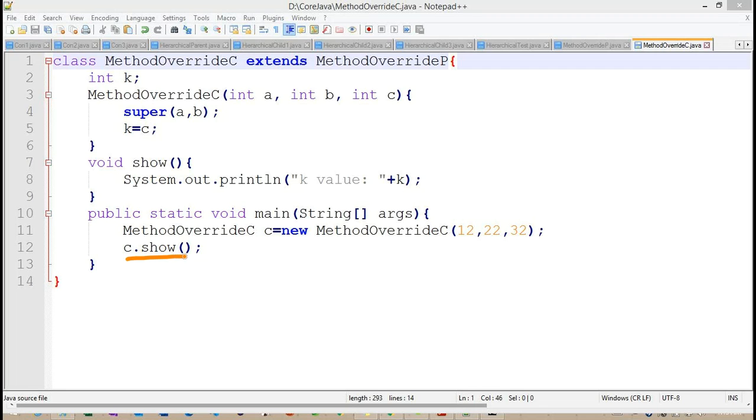Now you can observe C.show. So C.show is nothing but, what is the reference we are creating here? Method overriding C. Now it will go to this particular method overriding C class. It's going to check whether any show method is available or not. Yes, if it is available, it will execute this particular show method. If it is not available, the compiler will check whether any class is extended by this particular class.